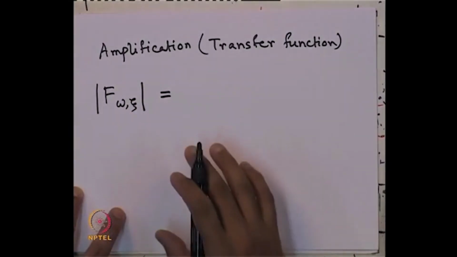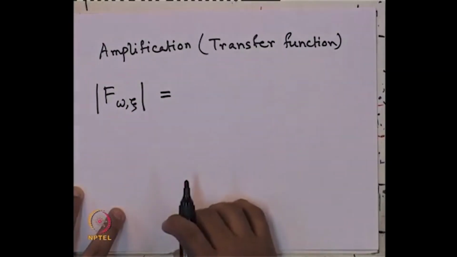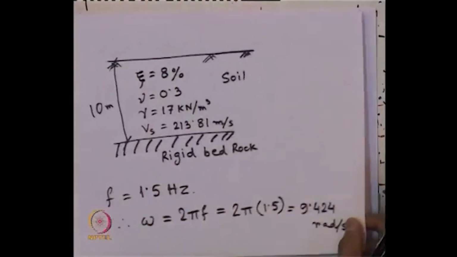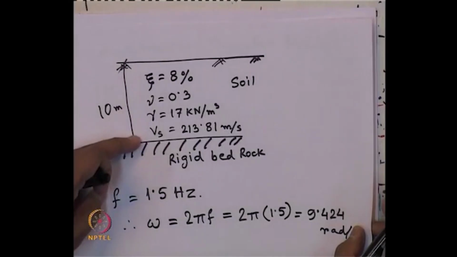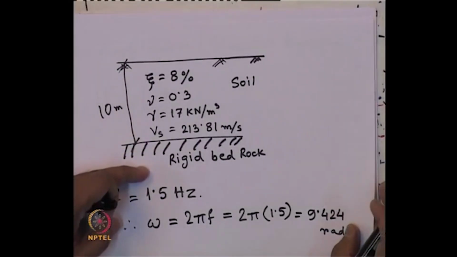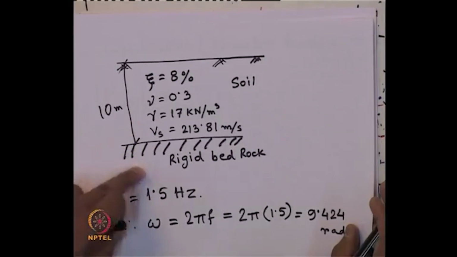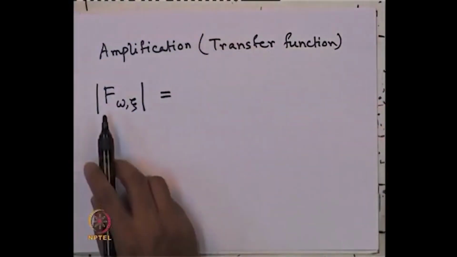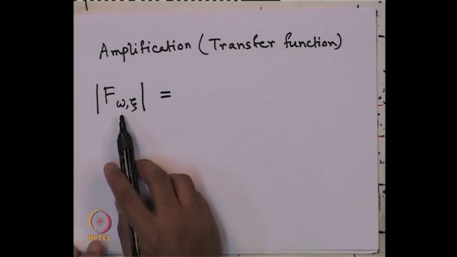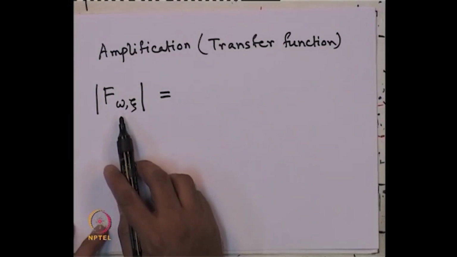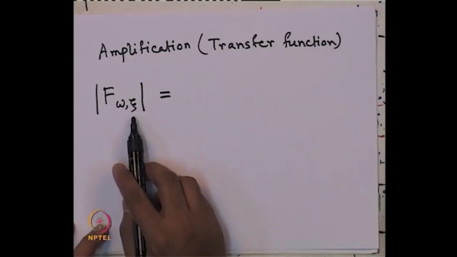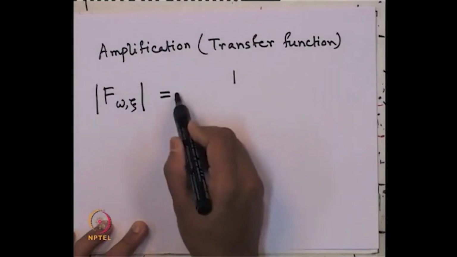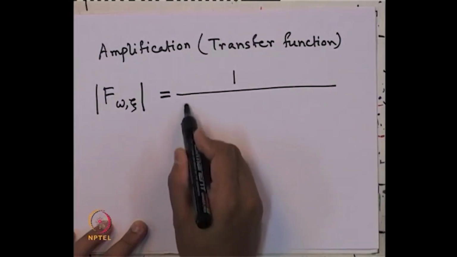That is a uniform soil layer followed by a rigid bedrock, and it is a damped soil. So, that equation we should use. The transfer function is a function of frequency of earthquake excitation and the damping ratio of the material. It is given as 1 by root over